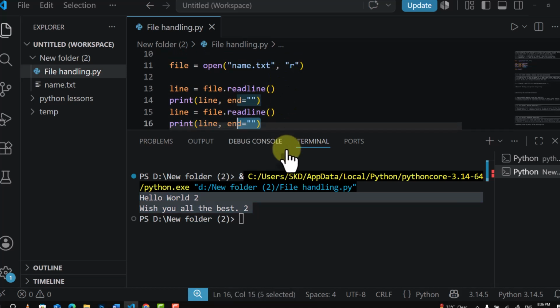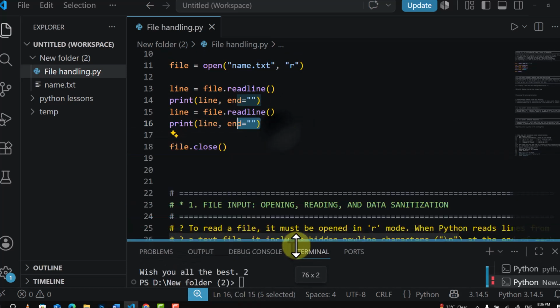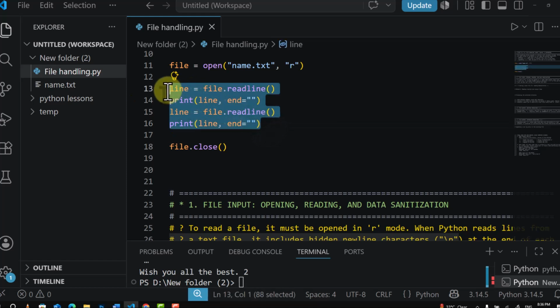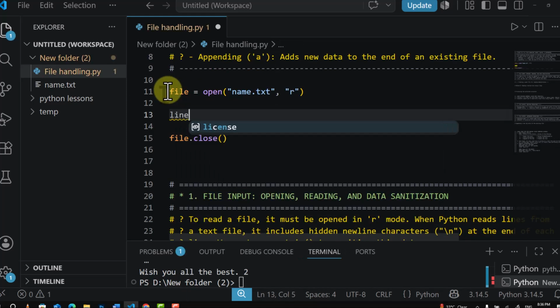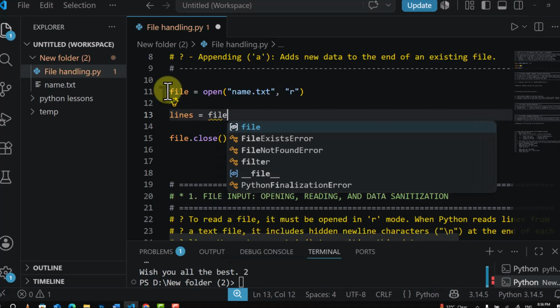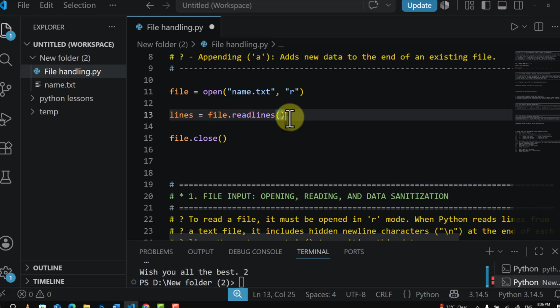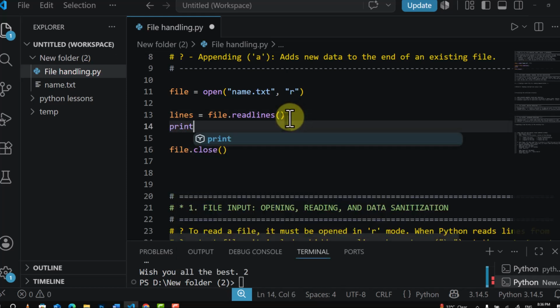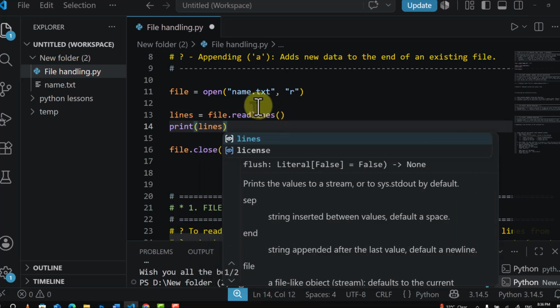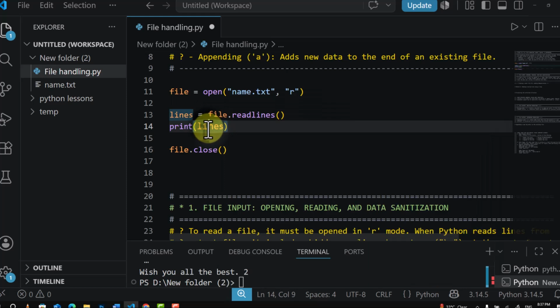And the next function that we have here is readlines, okay. See, lines is equal to file.readlines. What does readlines do? Readlines reads the whole file together and creates a list, and each line will be one element of the list, okay. So if I print lines here, by the way, instead of lines you can write any identifier name, it doesn't matter, okay. So if I run that,